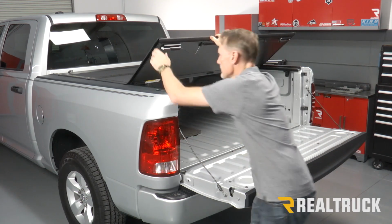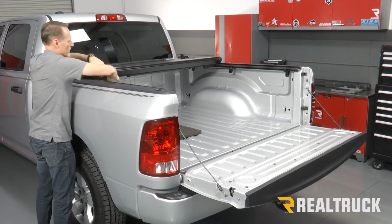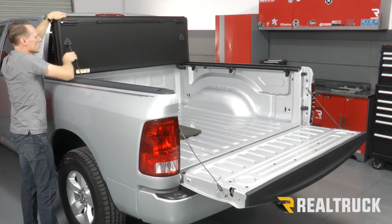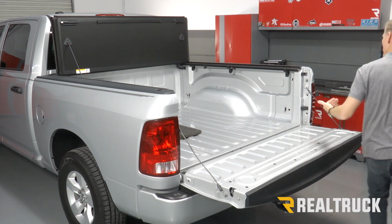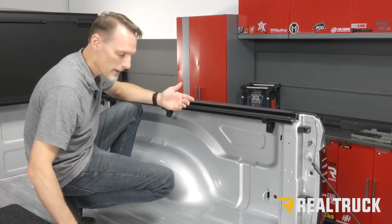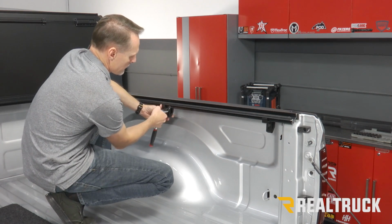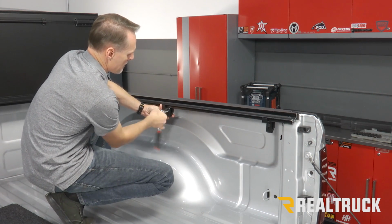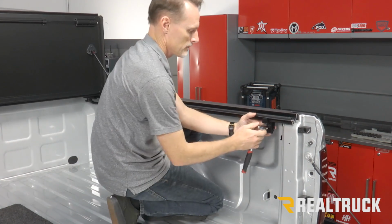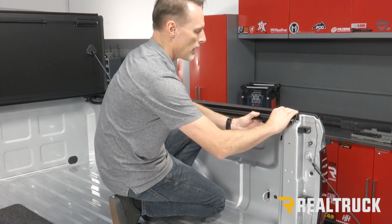First, fold the cover forward. Lock into position. We're just getting everything out of the way at this point. All right, now there's a couple of ways to do this. First, you want to loosen up the two rear clamps and get those out of the way. Now, once you've loosened those up, you can either just raise the rail about 1/8 of an inch and then